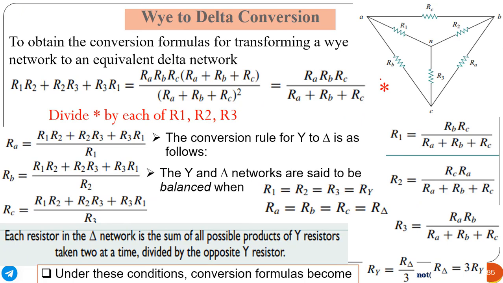አታዋት ዴልታ ከዴልታ ወደ ስታር እንቀይር ደግሞ በዚህ ሳይድ ያለው ማለት ነው። አር ኢዝ ኢኳል ቱ ዘ ሰም ኦፍ ዘ መልቲፕሊኬሽን ኦፍ ዘ ስታር ዲቫይድ ባይ ኦፖዚት አሮ ማለት ነው። R1 ታይምስ R2 ዲቫይድ ባይ ፕላስ R2 ፕላስ R3 ፕላስ R3 ታይምስ R1 ዲቫይድ ባይ R1። ይሄን ደግሞ ካልኩሌሽን ምን ማለት ስንፈልግ ነው ዴልታውን ስታር ላይ ሆነ ካልኩሌሽን እናደርጋለን። ዴልታ ስታር ዋይ ቱ ዴልታ ዴልታ ቱ ዋይ ኮንቨርት እያደረግን ስንሰራ